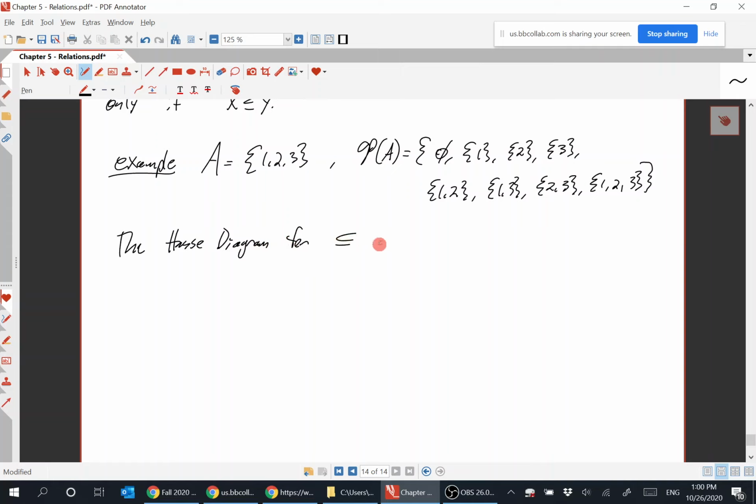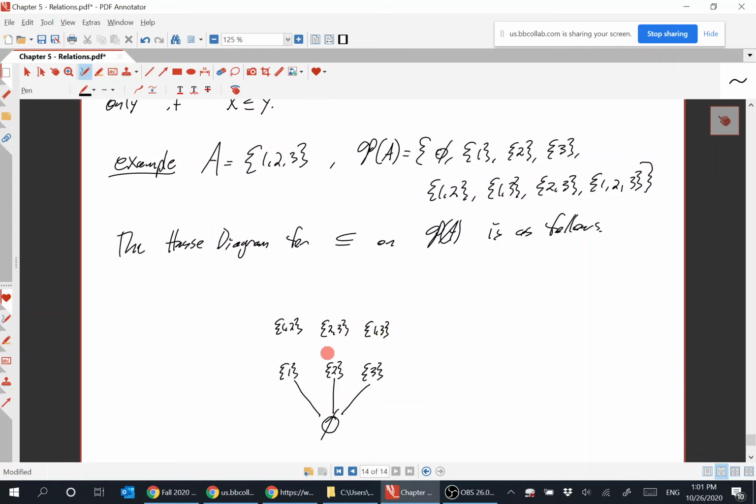For the subset relation on the power set of A it is as follows. So at the bottom, you've got the empty set. And then the empty set, well, every set contains the empty set. But we don't want to connect every subset to the empty set because that would be too many lines. One could do that, but it's easier to do what I'm about to do. {1}, {2}, {3}, {1, 2}, {2, 3},